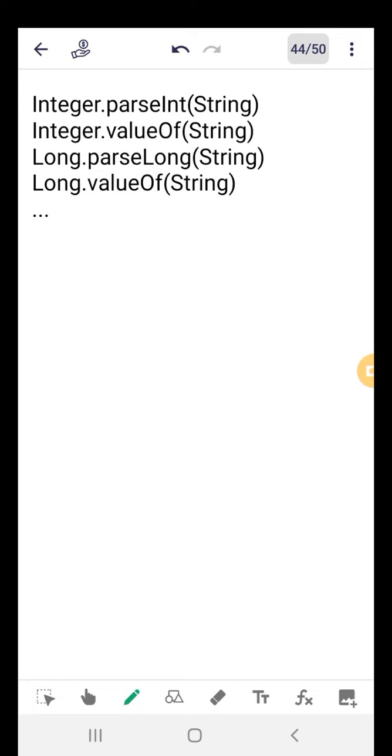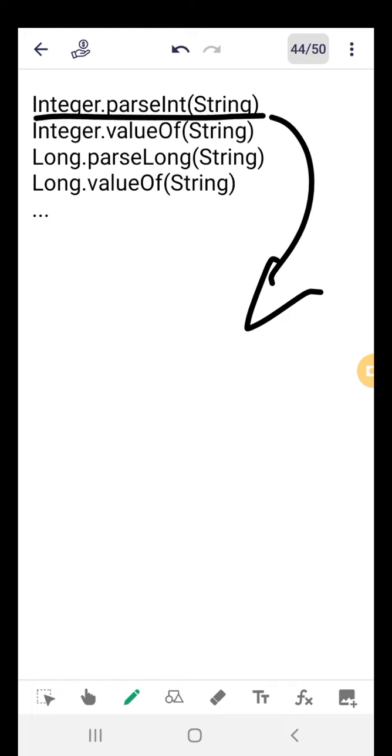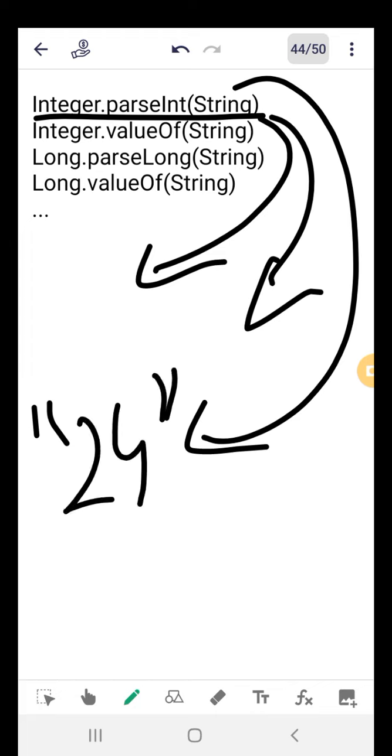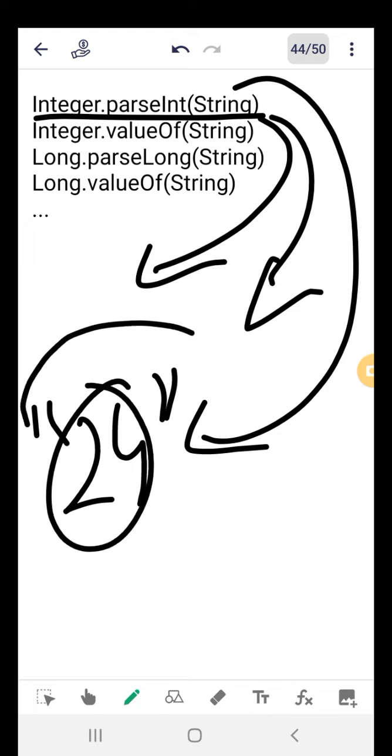So they also have some functions. These are some functions of all those classes. For example, Integer.parseInt. What this function does is, if you pass any string value to it, and that value is a number but present in the form of a string, inside double quotes, then Integer.parseInt will convert this "24", which is a string, into 24, which is